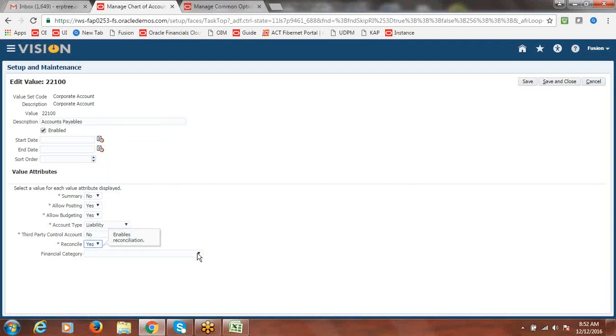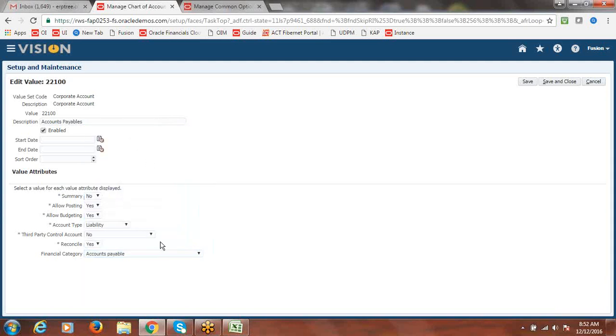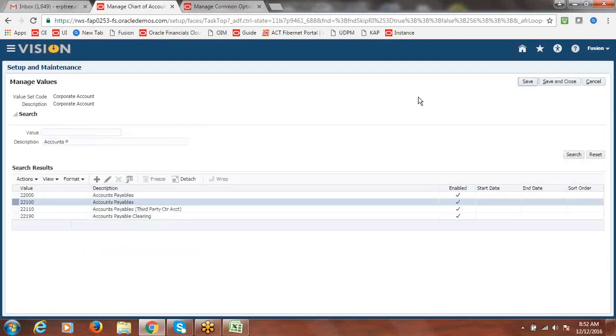This account we are going to use for payables reconciliation purposes, so set it to accounts payable. These two attributes, reconcile and financial category as accounts payable, you have to set. Then only can we use this account for reconciliation between GL and AP. Then say save and close.